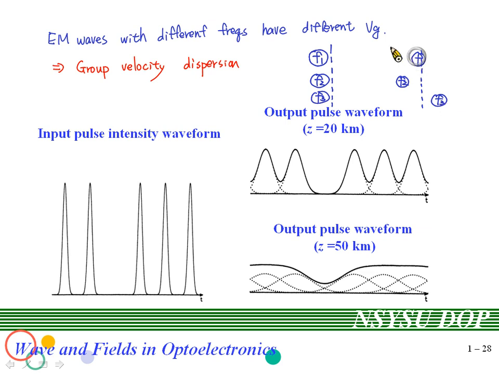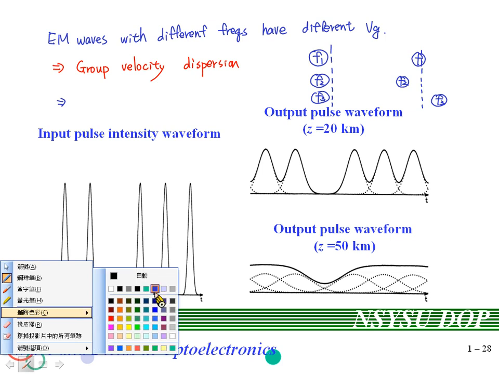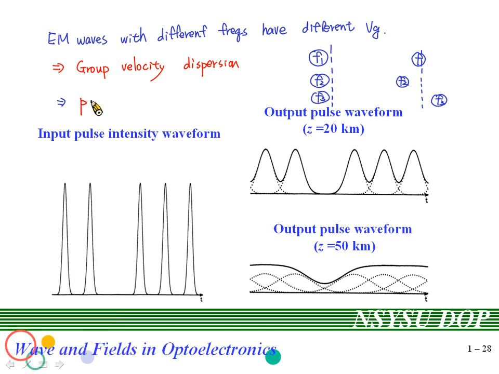This phenomenon is so-called group velocity dispersion, which is caused by signals of different frequencies having different group velocities. And such an effect will result in so-called pulse broadening